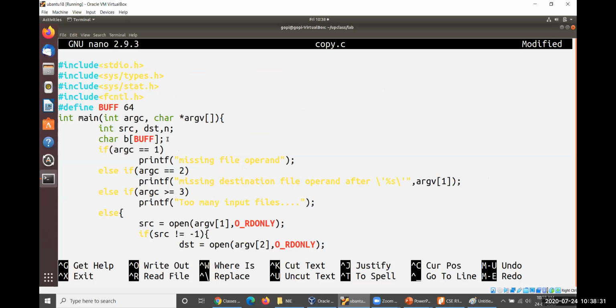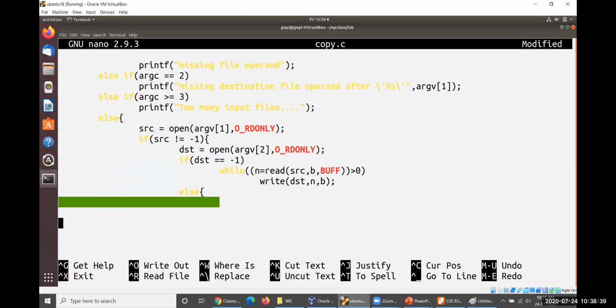Before going ahead, let me declare one more variable, that is choice. You have to give a chance to the user, so printf: percentage s does exist.